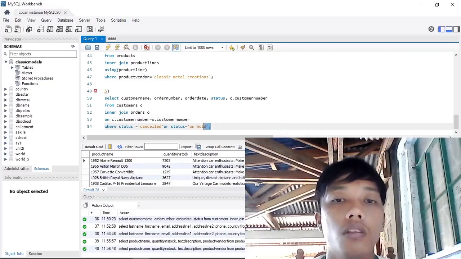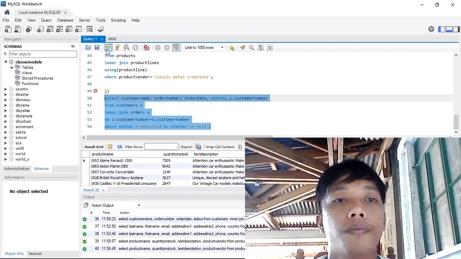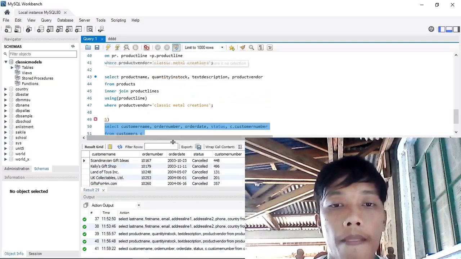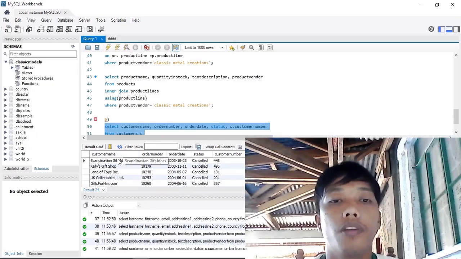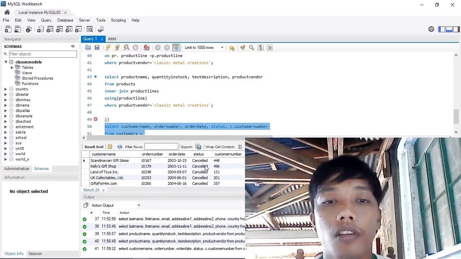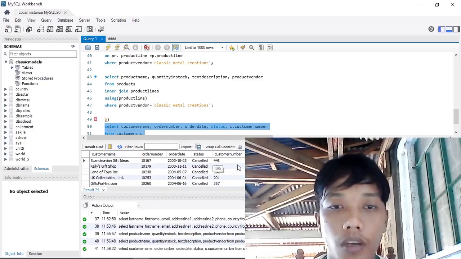I'm going to run this syntax. Yes, as we can see now, the customer name, order number, order date, the status, and customer number.